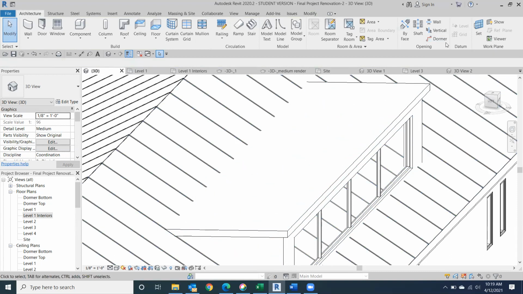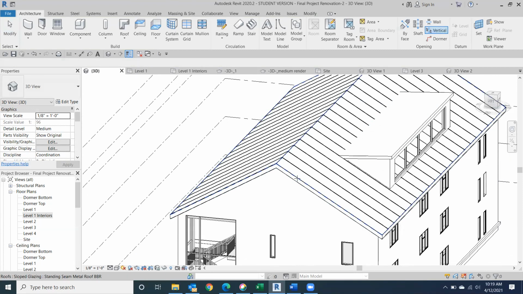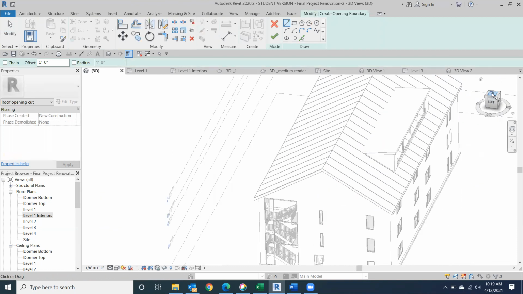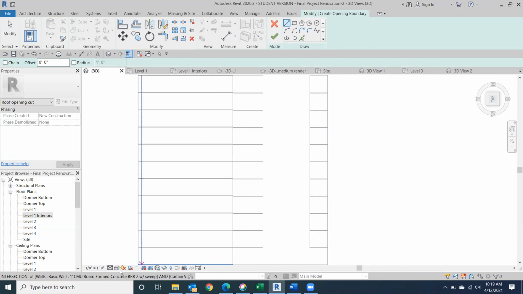Since this is not a dormer, we can't use this tool. It will not work. So let's use vertical and see what happens there. So click on vertical. I want to cut this space out here. And I'm going to switch